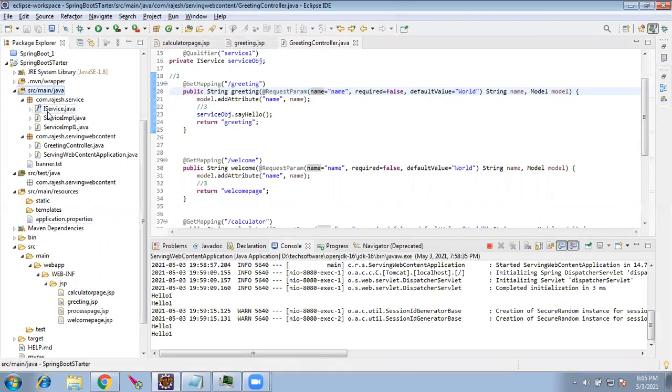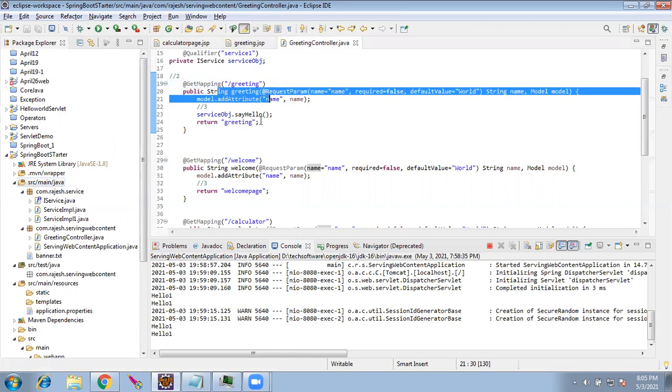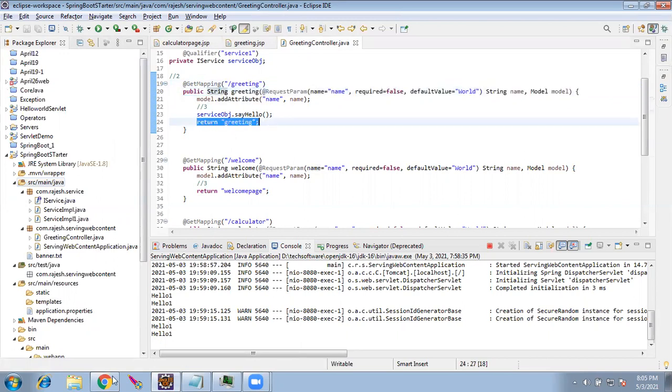Rajesh, I didn't get what we are going to achieve here. Could you please repeat again? Yeah, today we are going to achieve this input parameter we are receiving in the controller. So far what we did, when we call this URL, that would come here and that would return a JSP. So we are displaying the JSP. That's all we did.